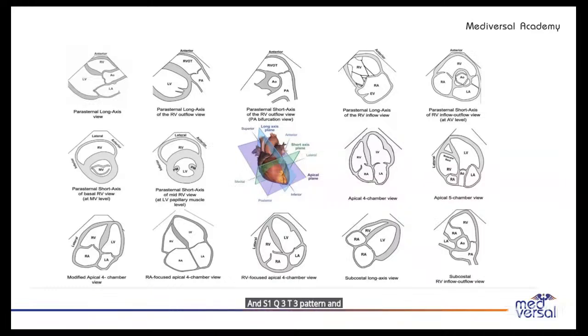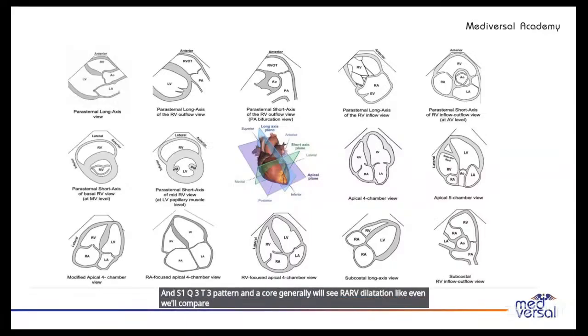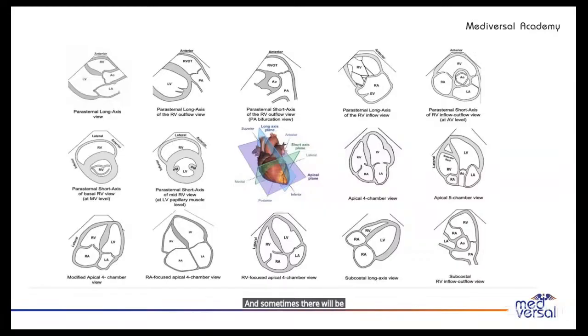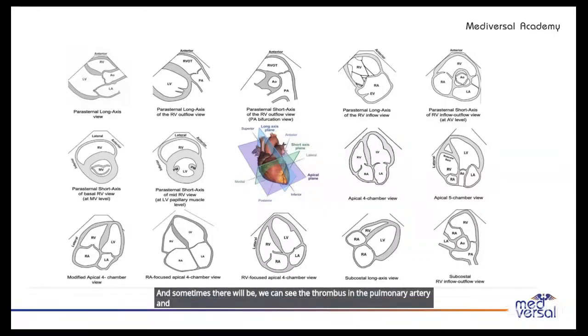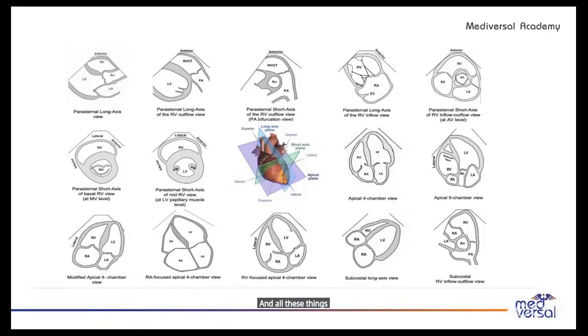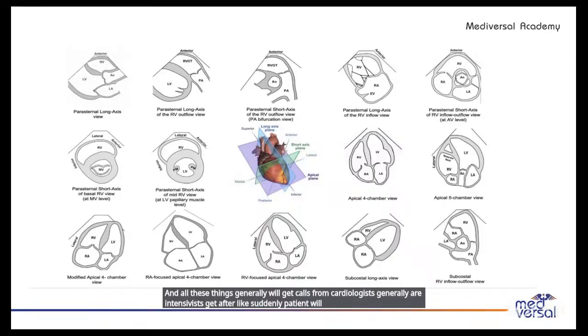And in echo we'll see RA and RV dilatation. If any previous echo is available, we'll compare it with the present echo, like the RA and RV size. Sometimes we can see the thrombus in the pulmonary artery, and sometimes we may encounter a clot in the RA or RV, and there will be decreased TAPSE. All these things generally come as calls from cardiologists. Our intensivists get called when a patient suddenly collapses a few days after orthopedic surgery,